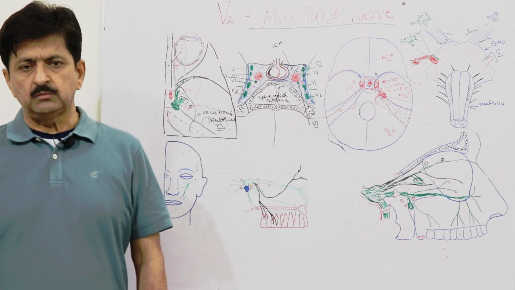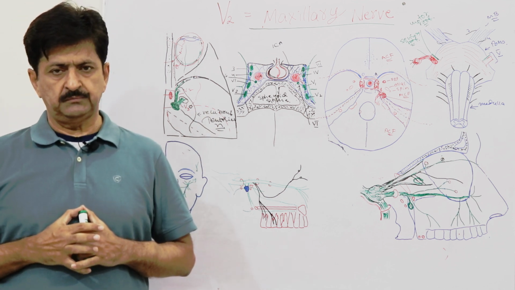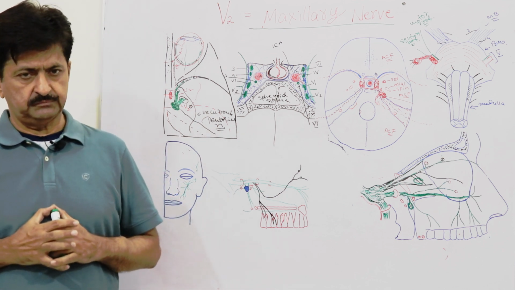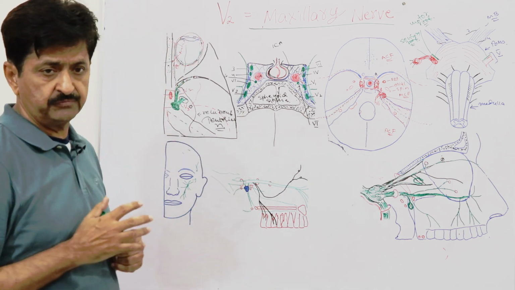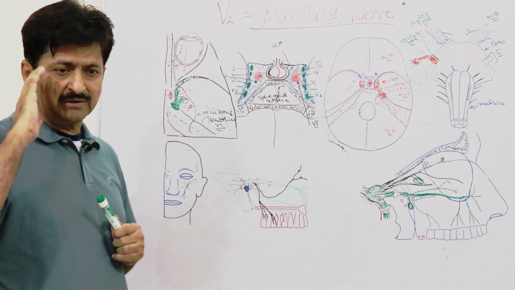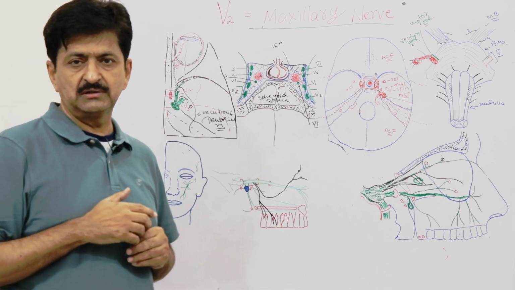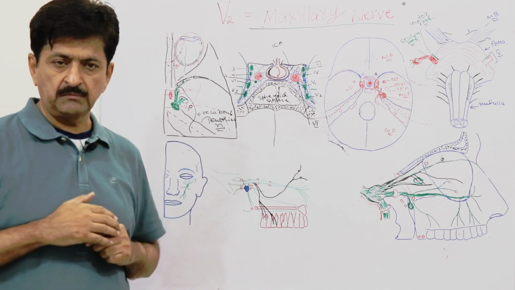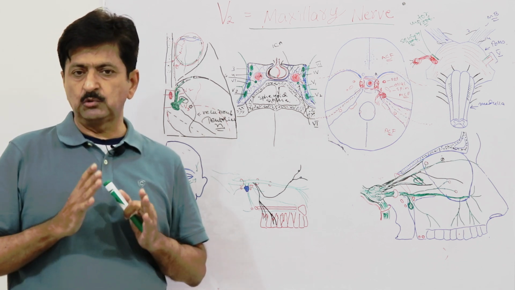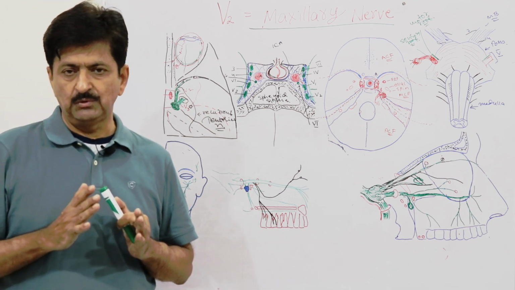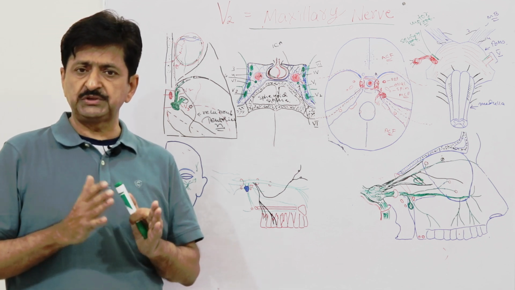Now, in this session, we are going to discuss another division, another branch of the trigeminal nerve, that is the maxillary nerve. As you know, we have discussed previously, the trigeminal nerve is the fifth cranial nerve. And if you remember, because it is supplying the muscles developing from the first pharyngeal arch, it's a mixed nerve. When it's a mixed nerve, it means the motor fibers of the trigeminal nerve, which are supplying the muscles of mastication and some other muscles also, will be mixed with the sensory